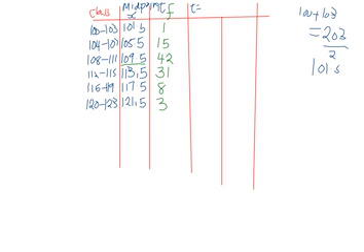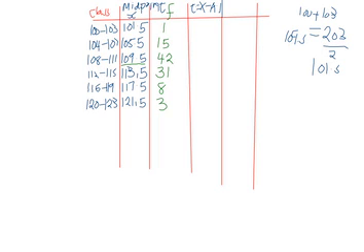We extend this one so that we can create enough space. This is x minus the assumed mean, and the assumed mean is given as 109.5. So our x for the first class is 101.5. We take away